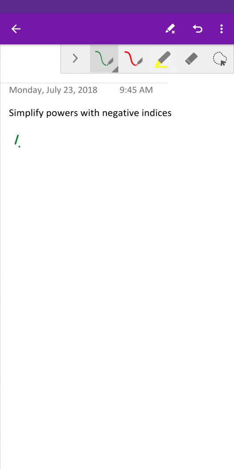So, for example, we're simplifying a power which has a negative index. Now, whenever we see a negative index, we have to think of the operation of divide. Because if you recall,